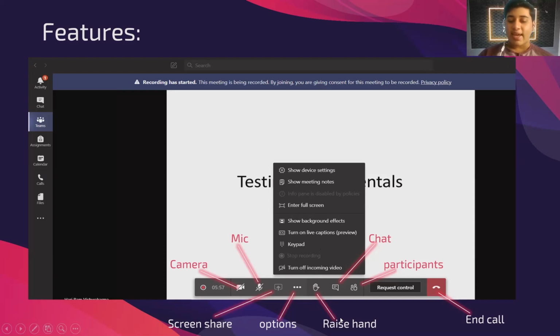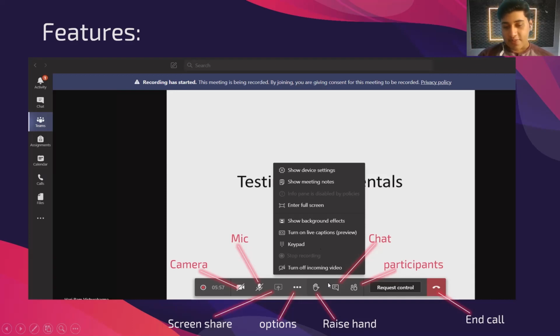Next, you have raise hand. Let's say during your class, your faculty says you want to see those who are paying attention during class. So if you're paying attention, raise your hand. That doesn't mean you have to raise your hand literally. In some cases, that might be the case. However, most likely your faculty is asking you to click this button, by which your faculty will see which attendees have clicked this button. Other than that, your faculty may ask that if you have any doubt, raise your hand, which means again to click this button, and your faculty will know who has pressed the button.